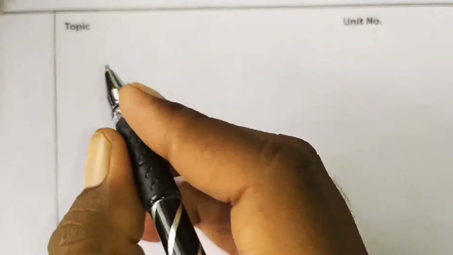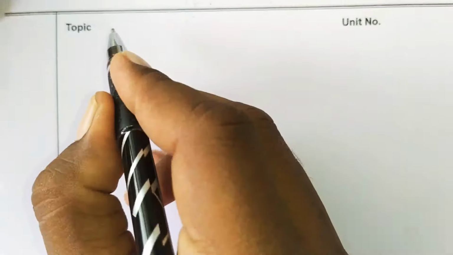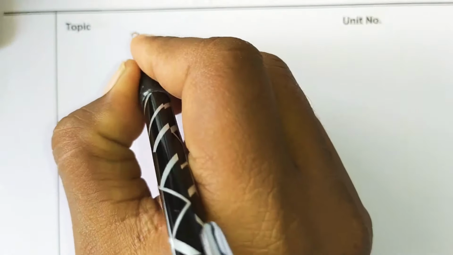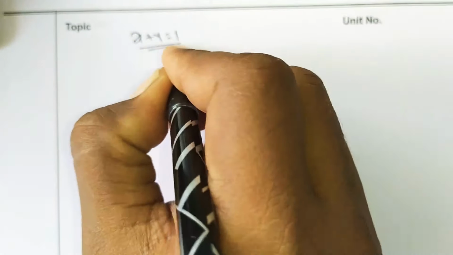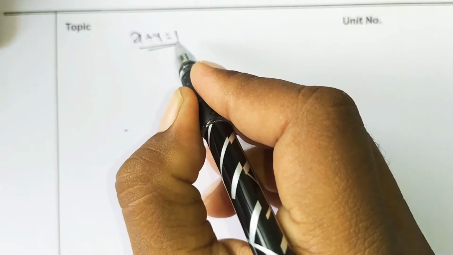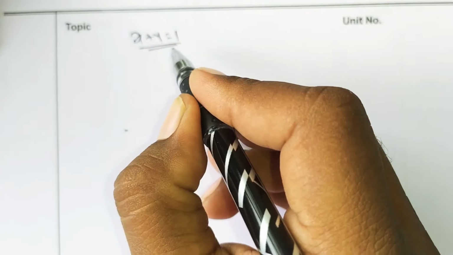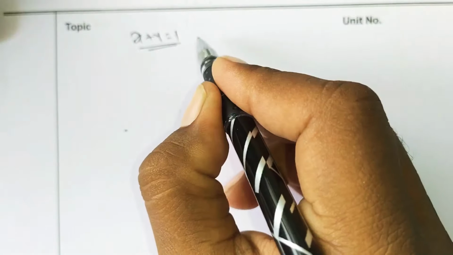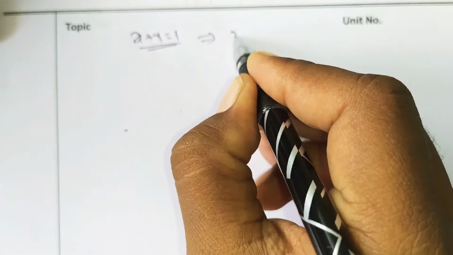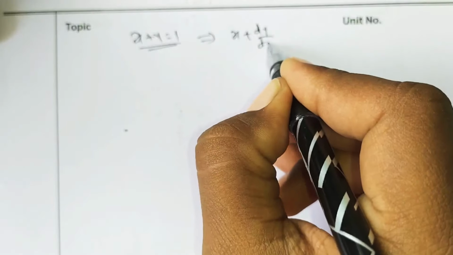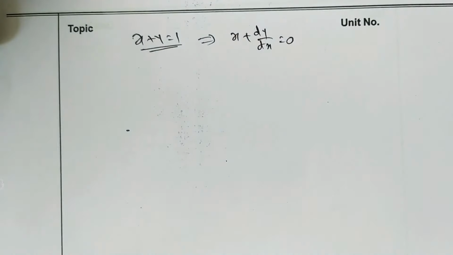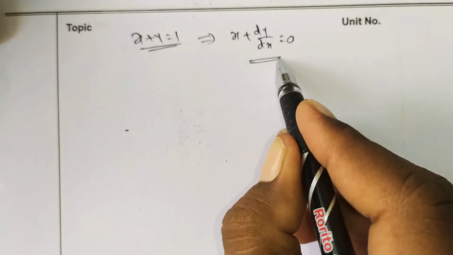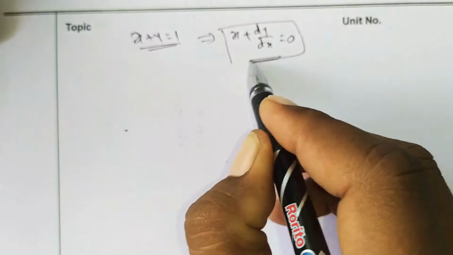So let's start. First, our unit is higher order differential equation. So what is meant by differential equation? Differential equation is already learned in 11th or 12th standard. So suppose one equation given here, x plus y equal to 1. So is this differential equation? This is not differential equation, this is linear equation. So when we say that this equation is differential equation, if you take its derivative, means suppose if you differentiate this, then we will get 1 plus dy by dx equal to 0. So such type of equation is called as differential equation.